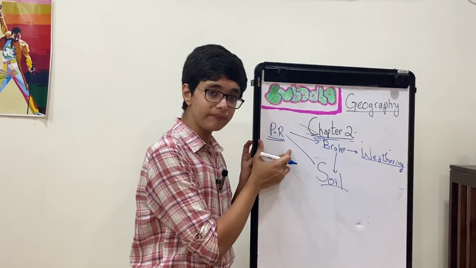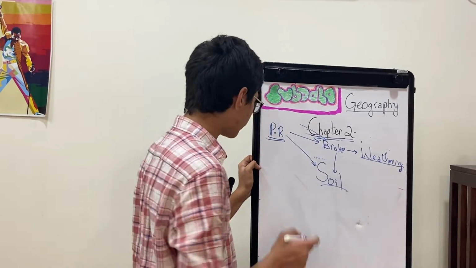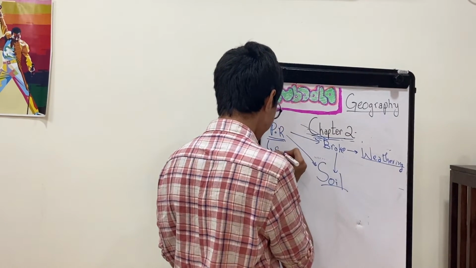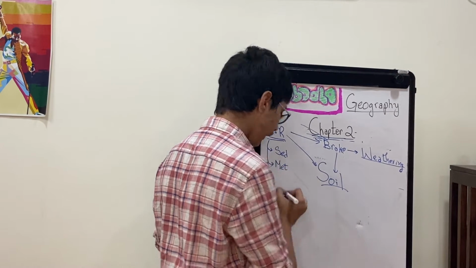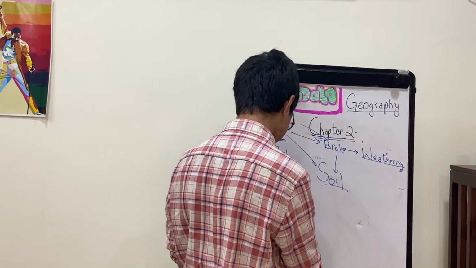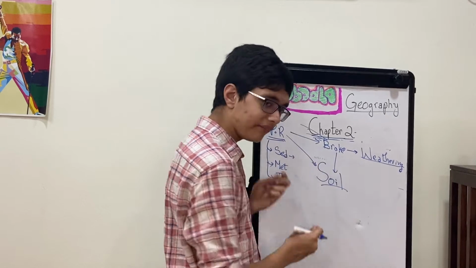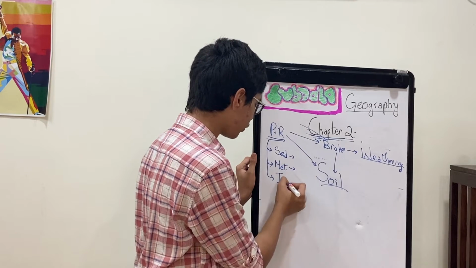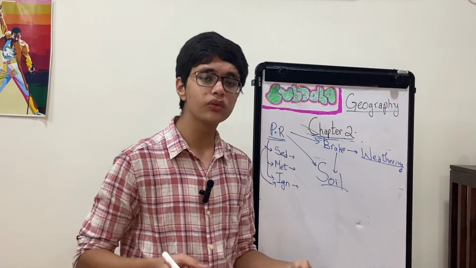Now, what do I mean by parent rock? From which rock does the soil originate? When we talk about rocks, there are 3 types of rocks that we've discussed since grade 5: sedimentary, metamorphic, and the one which comes from volcanoes, which is igneous. Sedimentary is basically sediments, the leftover sediments from rivers that came and formed those rocks. Metamorphic is often a combination of 2 igneous or of 2 sedimentary rocks, and igneous rocks are basically those formed